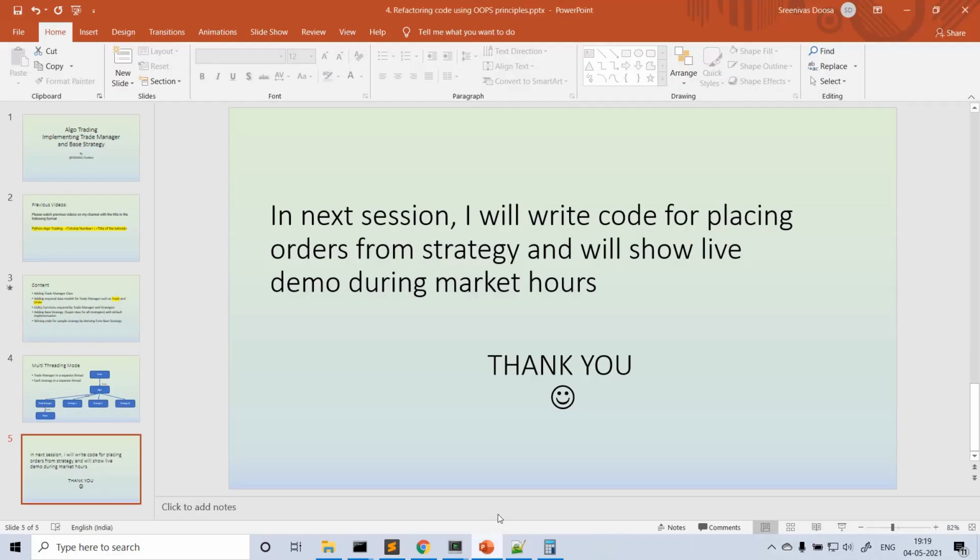Coming to the PPT, I hope you understood whatever I explained so far. Then I will write code for placing orders from a strategy in the live market, and how I handle all those trades. How do you track the trade, entry, SL, target, square off, different states, updating the entry price, exit price, order status, so many things. This is not a small thing. There are so many things involved in trade management, and that is a complicated one. The next video will be that one only.